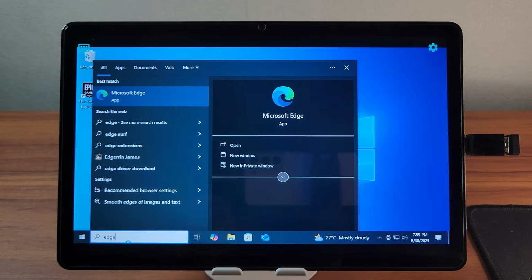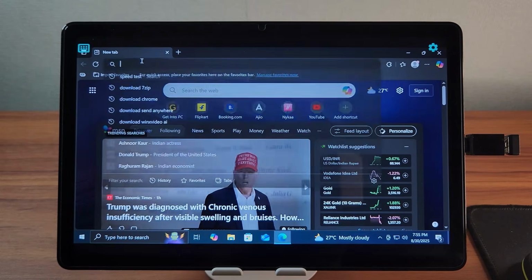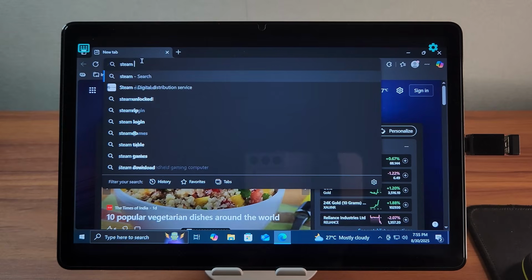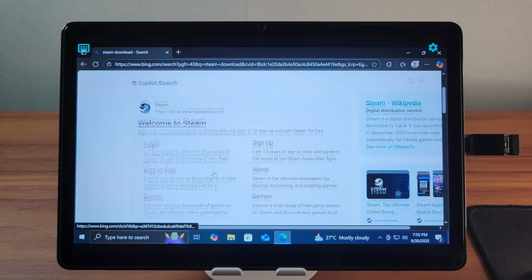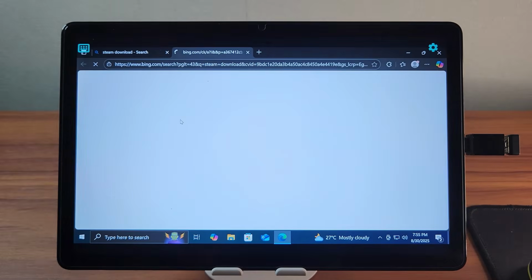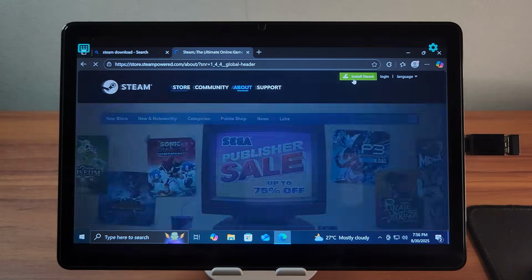First, let's test gaming performance with Steam. Open the browser on the Cloud PC and go to the official Steam website. Click Install Steam to download the installer.